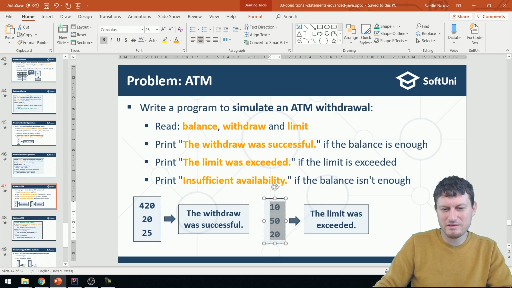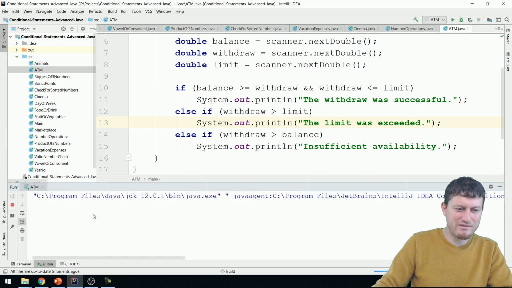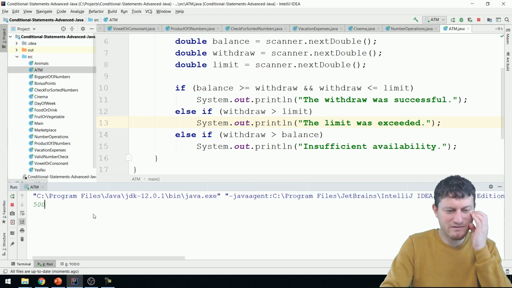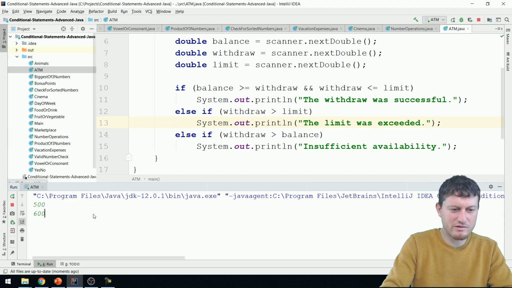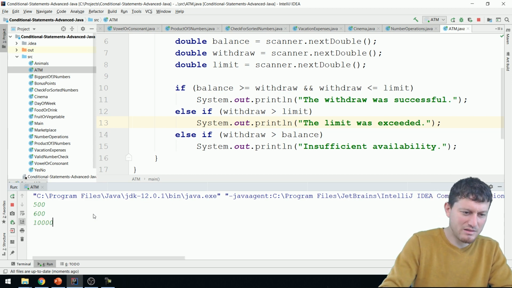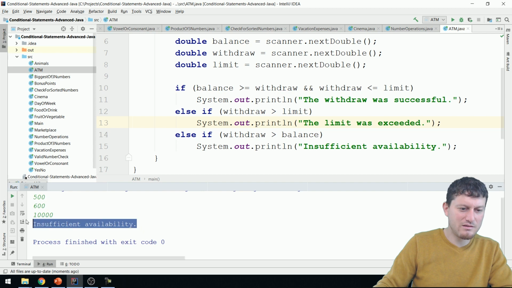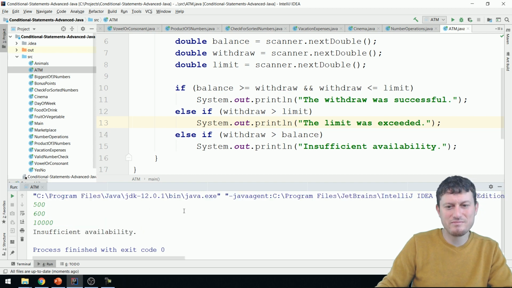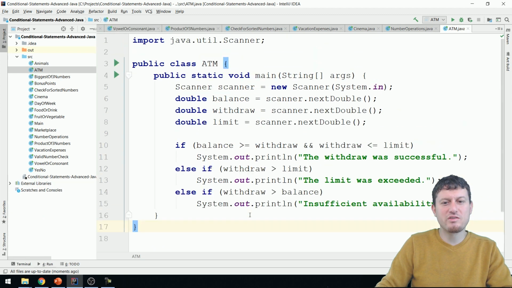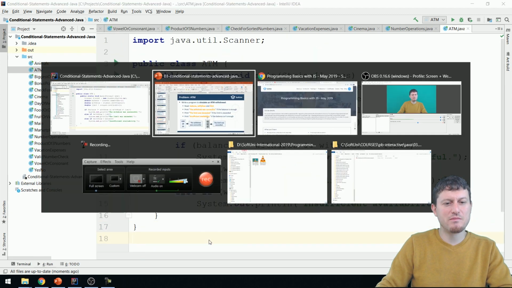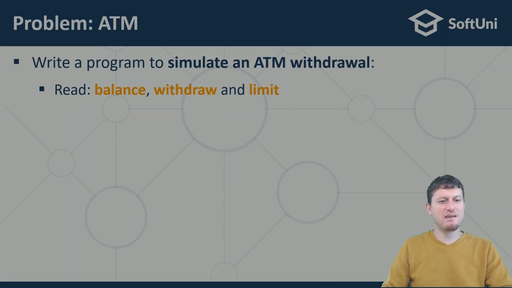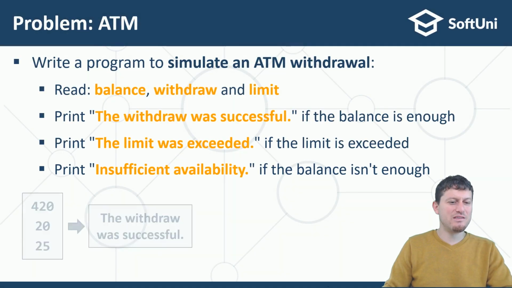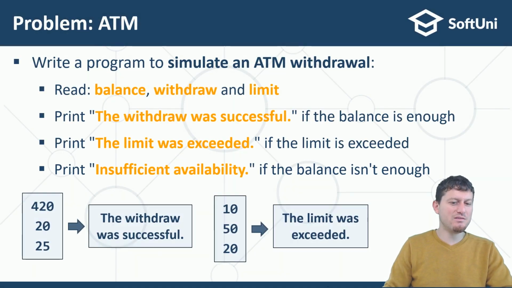Limit was exceeded. And if I have 500 and I want to withdraw 600 and I have a very big limit, the availability will not be sufficient. So this is the entire problem solution, and we can go ahead with the solution I had in mind, which